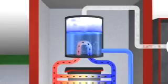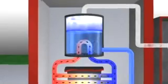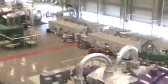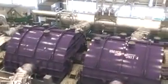The heated heavy water is pumped through the reactor in a closed system to a set of boilers, where it boils ordinary water into high-pressure steam. The heavy water, having done its job, is recirculated back to the reactor to pick up more heat and cool the fuel. The high-pressure steam, made from ordinary water, is transported through pipes to a large turbine, where it pushes